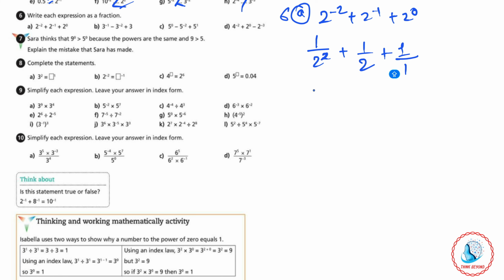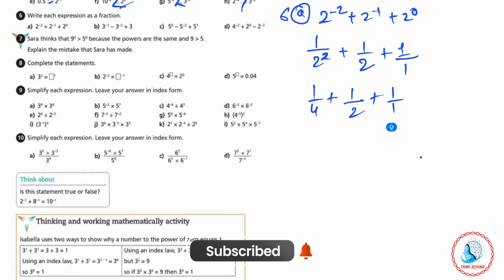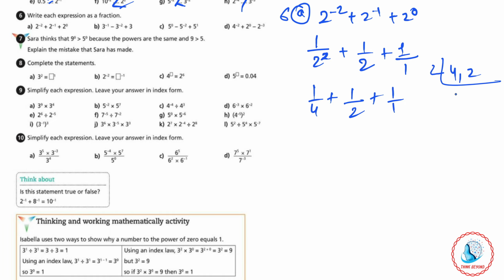Now solve it first. 1 over 4 plus 1 by 1. Now take the LCM. The LCM of 2 and 4 is how much? I hope you know how to calculate the LCM, and if you don't know, then say it. So 2 times 2 is 4, 2 times 1 is 2. Here what are the remaining numbers? 2 times 2 is 4, times 1 is 4. So the LCM is 4 here,